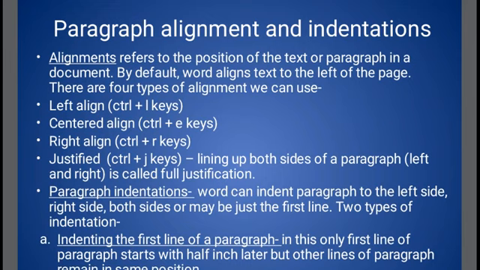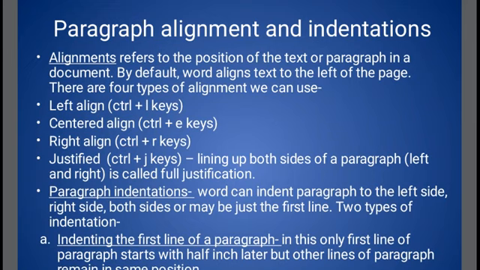For center align, we can change the alignment and see the paragraph in the center of the page. We can use Ctrl plus E. Right align means alignment on the right side but the left side is not aligned. Justify means both left and right. The paragraph is always equally aligned, so we can use justified. We can also use Ctrl plus J. These shortcut keys are very helpful when you use alignment. Directly we can align our paragraph.